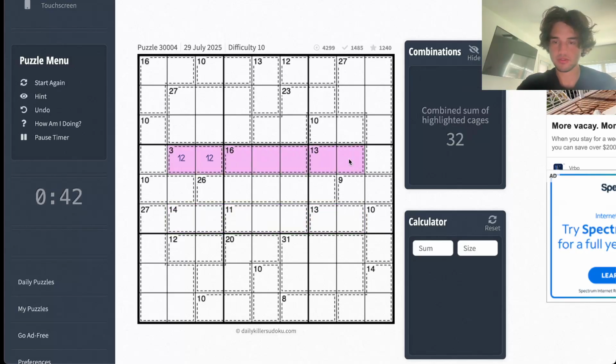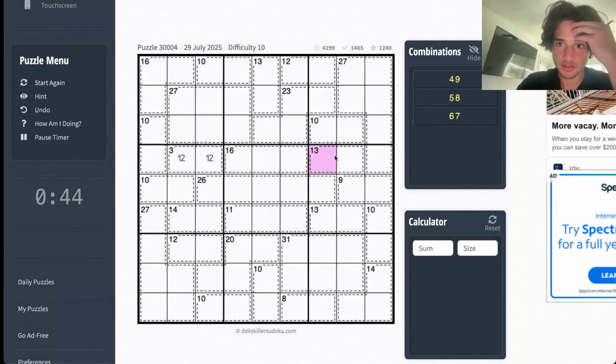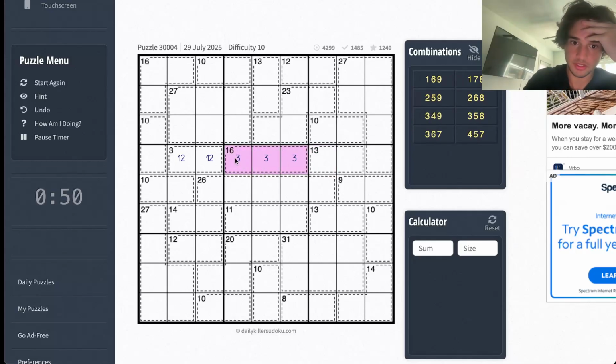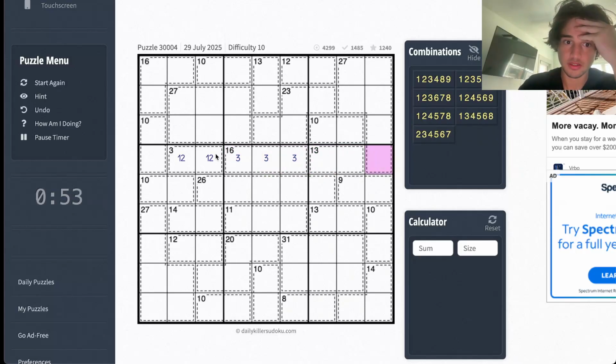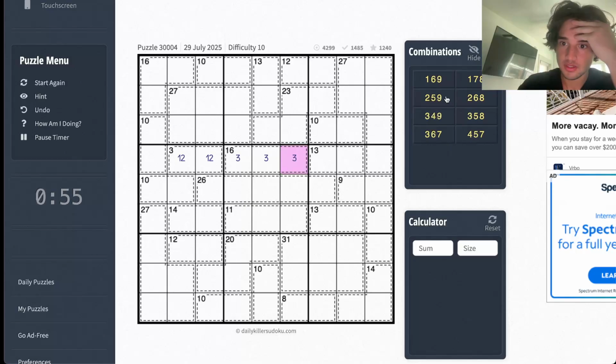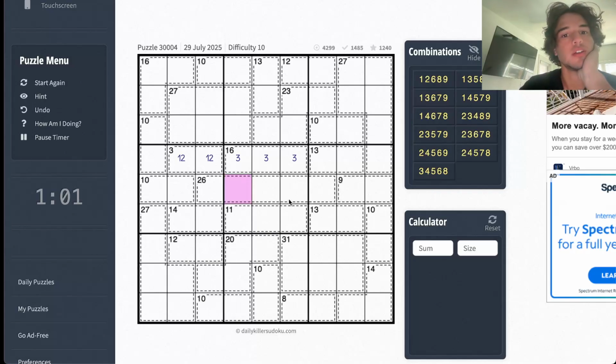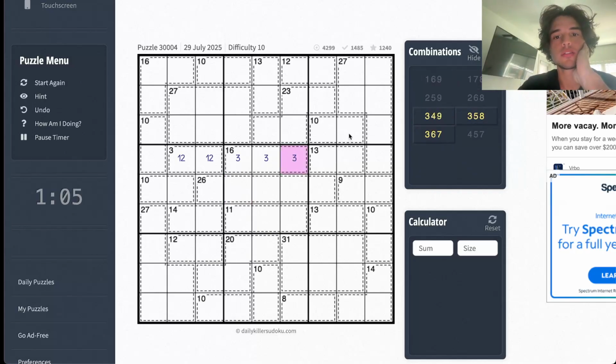We know the value of this. This is a 13. So we get two 13s, but one of them is not removed. So we do get a 3 in here. We know that because none of these cells can have a 3. So that's going to go with the missing 4, 9, 5, 8, or 6, 7 from those two cells. And now what else? We have,